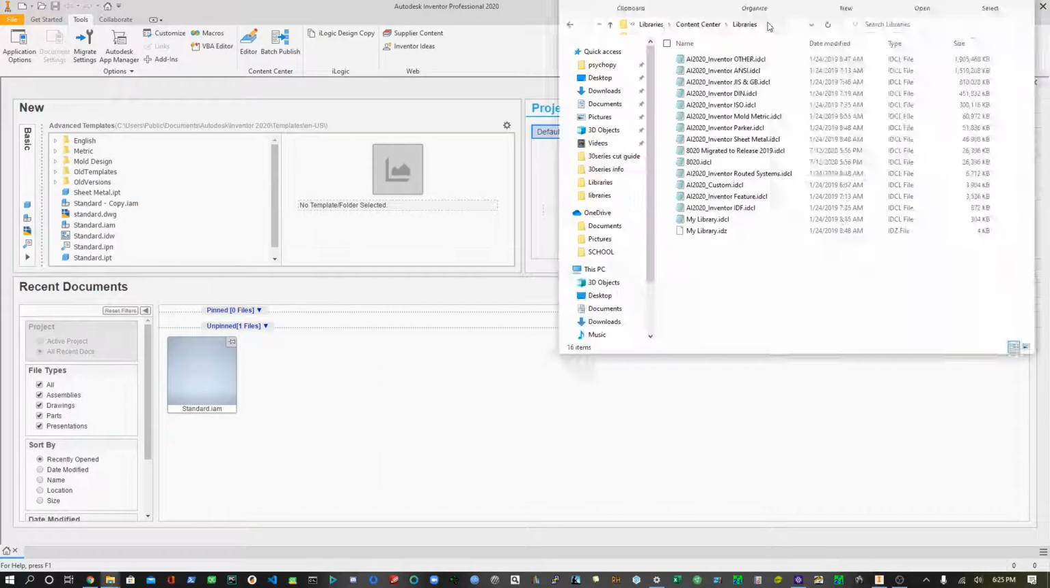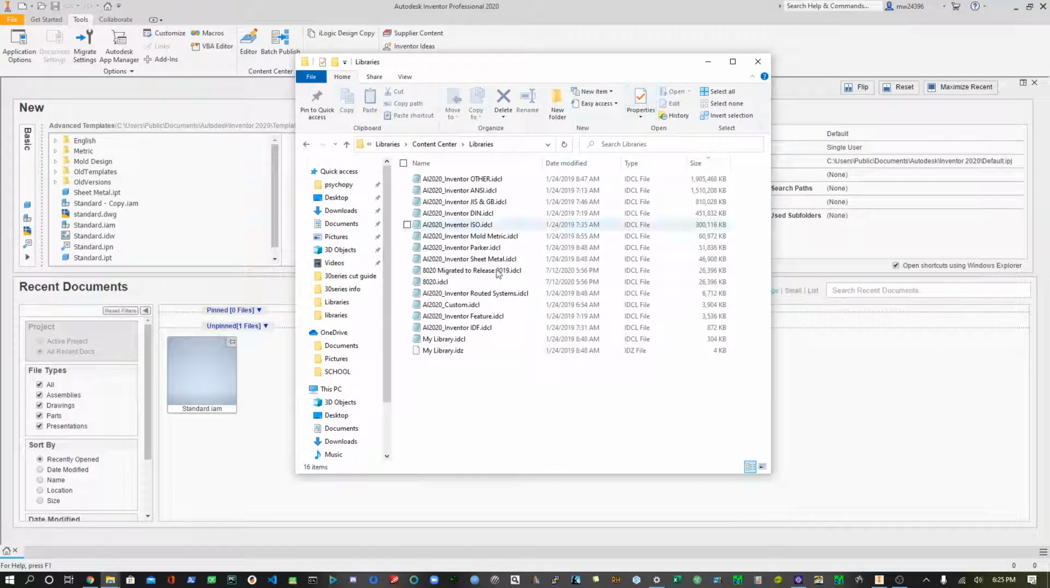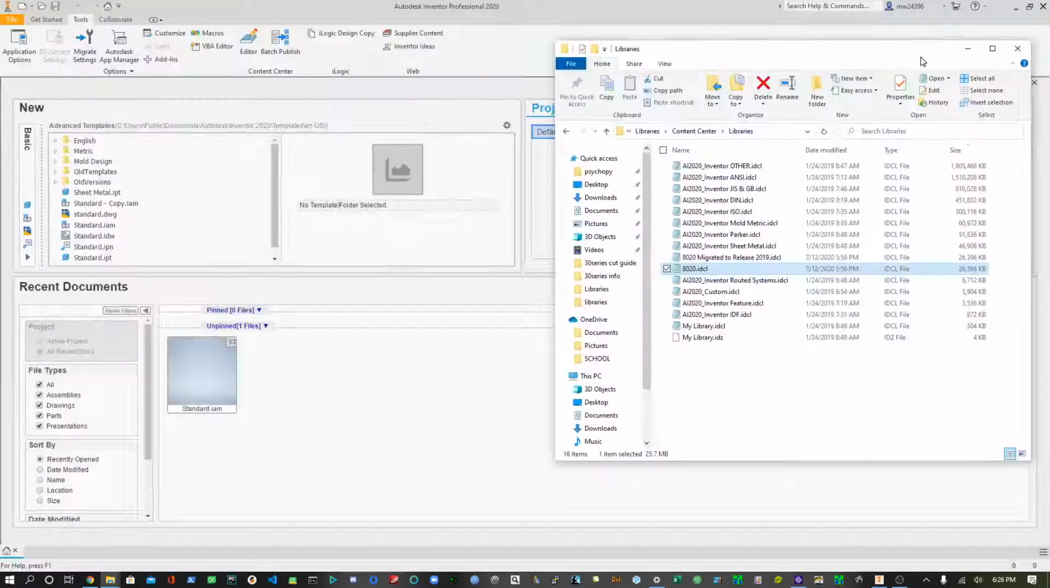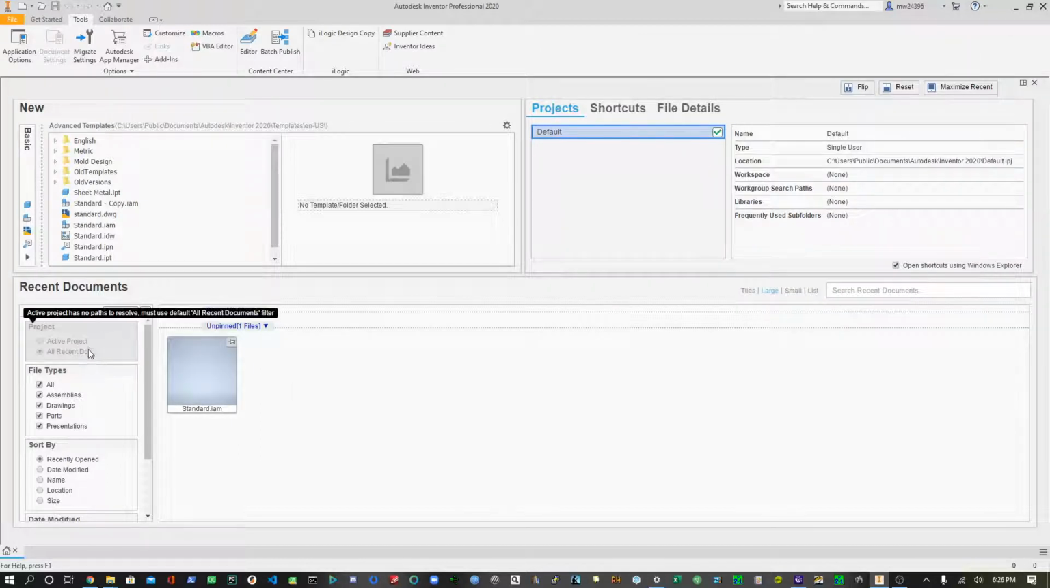So I have this content center right here as my library, of course, and it has 8020.idcl, which I just downloaded from the internet. I didn't make this myself, and I want to go ahead and make this myself because there's a very small issue with this, is that it was made in, I guess, inches. So on the bill of materials, everything shows up in inches. So anyways,